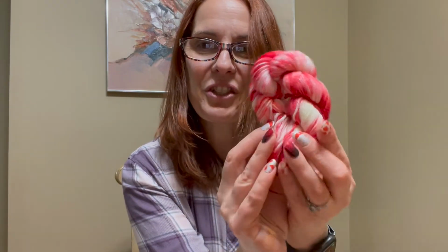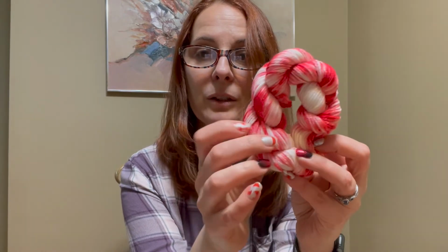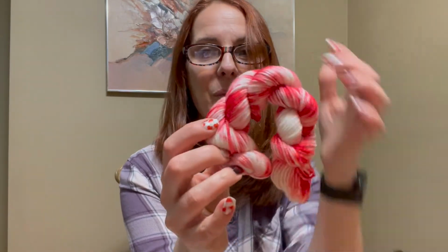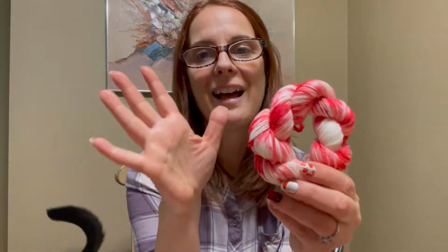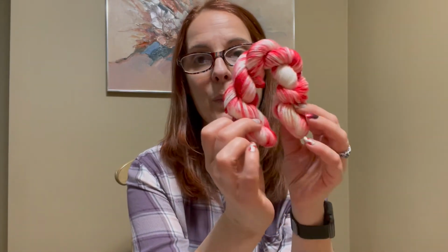So this is Ginger Snap That. Somebody asked, what can you make with one of these little mini skeins? I save them, and I might do the heel, cuff, and toe on a sock. You can make little mini things like ornaments and stuff with these, but to be perfectly honest, I will put a bunch of the skeins together and make something scrappy. So I probably wouldn't do something with just one of these,